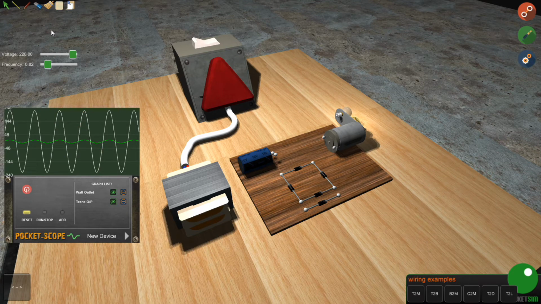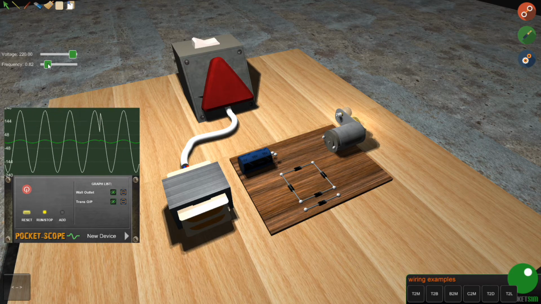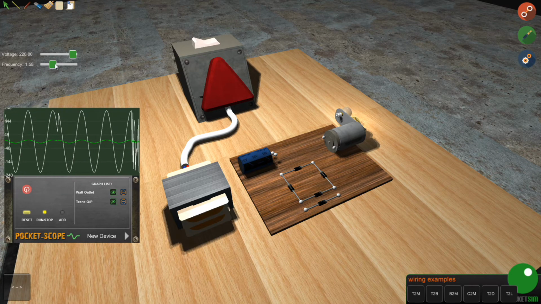This cycle occurs 50 times per second, and it is important to notice that it is a gradual increase and decrease of voltage. 50 times per second might sound fast, but in electronics terms, it's actually very slow. As you can see, this slider here is labeled frequency, and we can use this slider to adjust the frequency